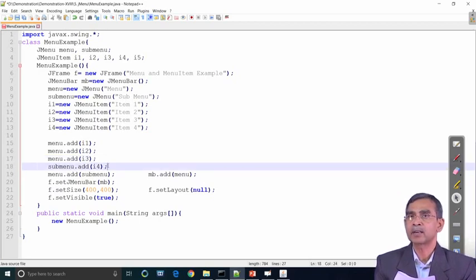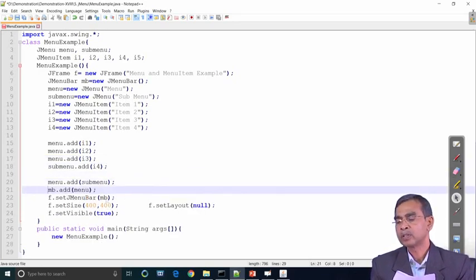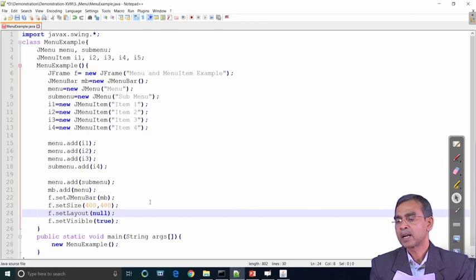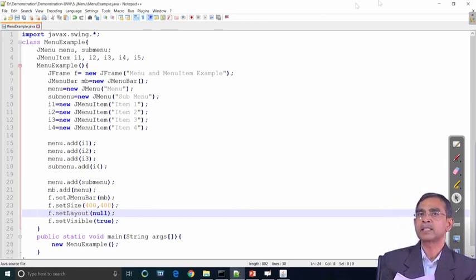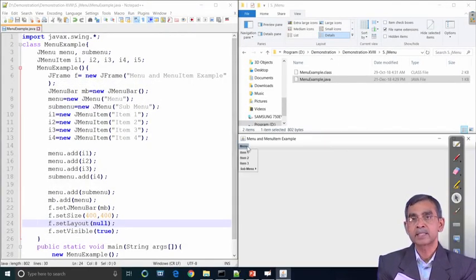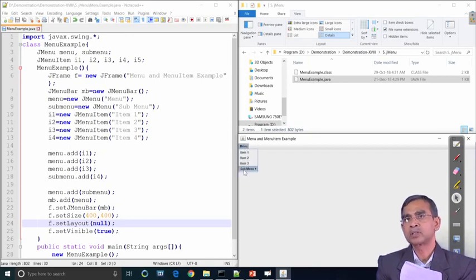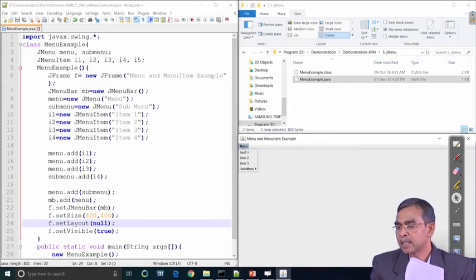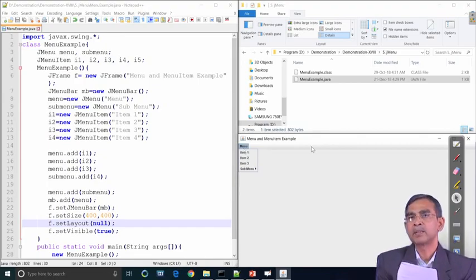So, this completes the creation of a menu which includes submenu items 1, 2, 3, 4, and that is all. This basically creates the menu item whose output we have already seen. It will look like this, and if I ask you to add one more menu, you can repeat the same procedure, copy paste, and then simply change the values and the menu item names and everything. So, if there is another menu, it will appear here. Many menus can be added and placed into the menu bar.